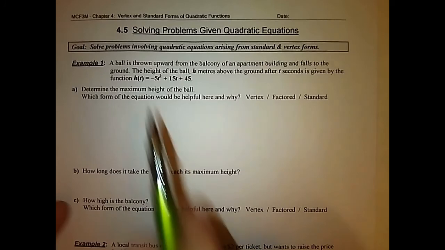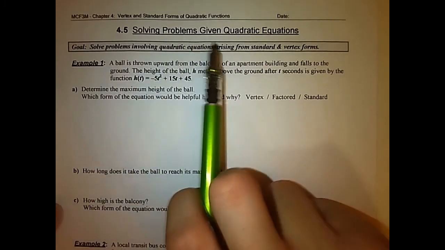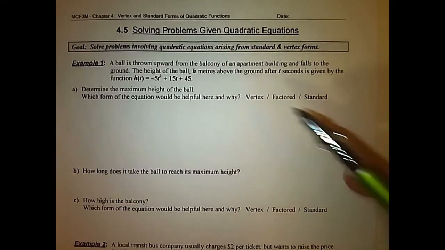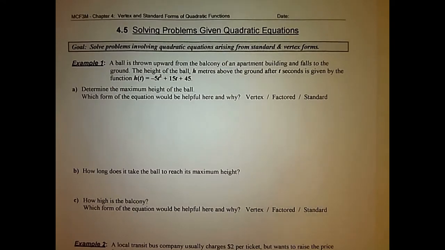So here's our note for 4.5. We're going to be solving problems given quadratic equations. So we're just going to get to examples that you might see in your textbook, you might see in your assignment, or very similar to that. And we've done enough of these in our notes, where we're seeing a lot of the same ideas, a lot of the same words used over and over again. So we're just going to confirm those words and what they're asking for,